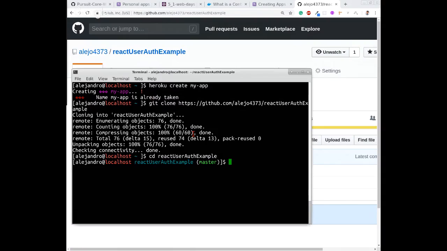And then I'm here. Let me show you my Git setup a little bit, and I'm going to show you my remotes. The way that we're going to ship our app to Heroku is very much the same as the way in which we're shipping our apps to GitHub. So basically what you have now is